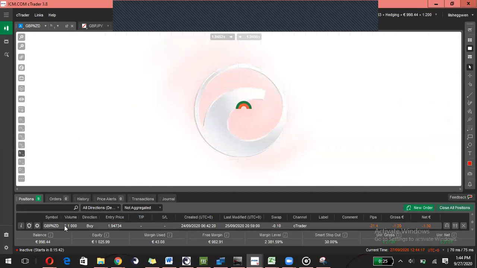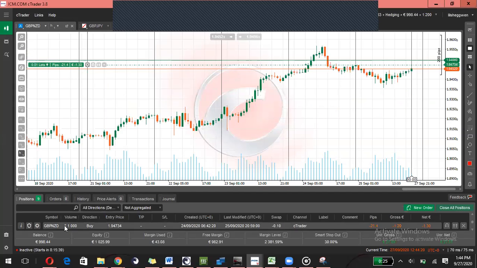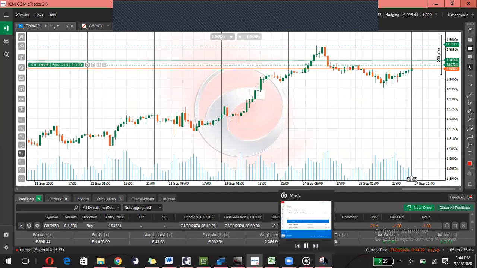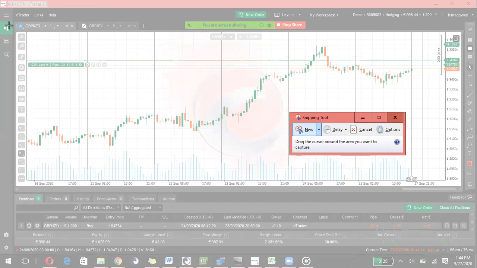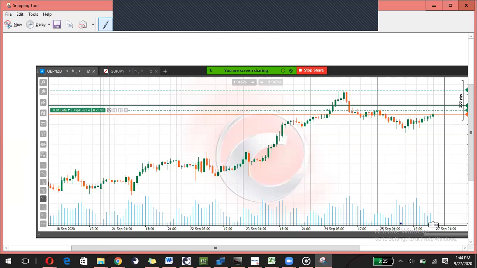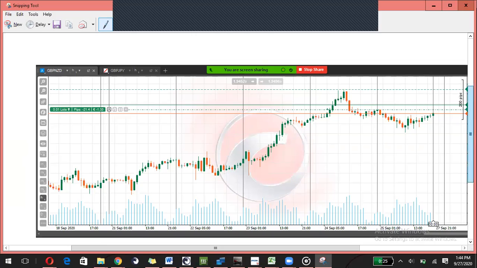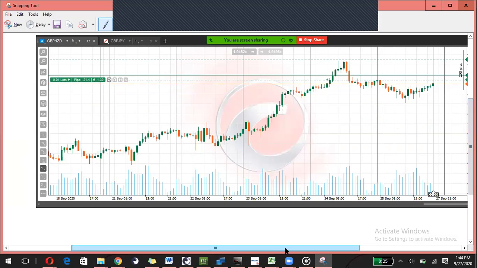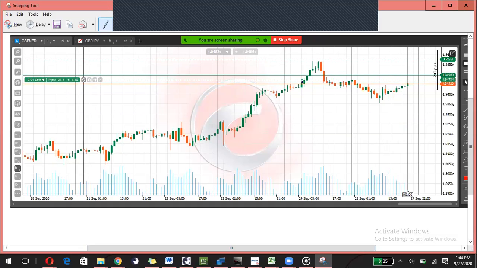Okay, this one is a loss. Let's see, what did I get wrong here? I place a buy at this point. Okay, so I don't know why I didn't hit my target anyway. I place a buy here, and the reason is because